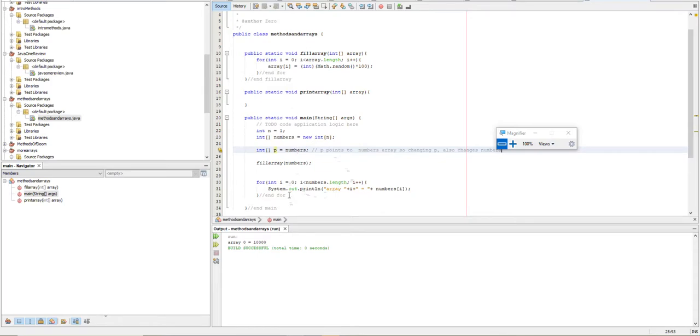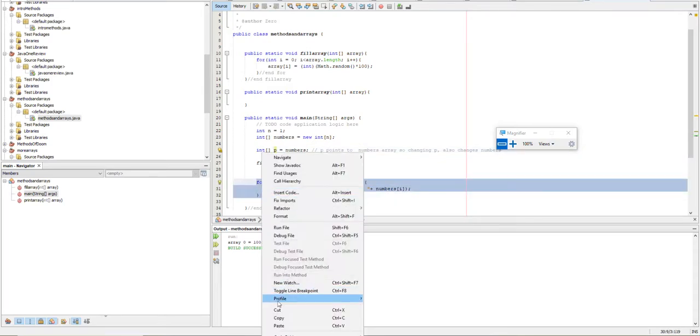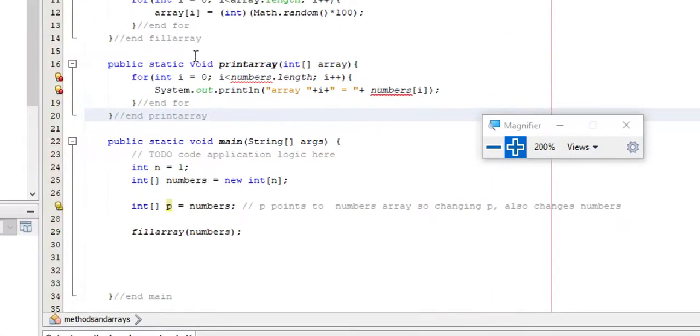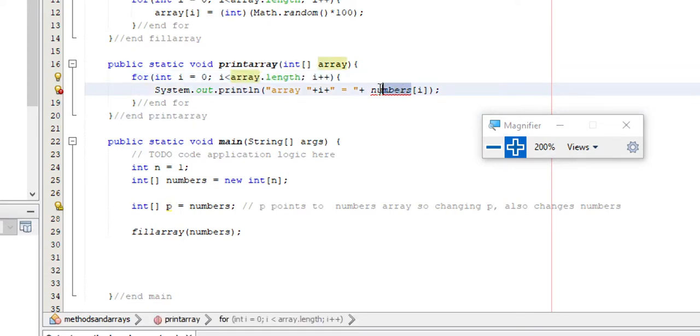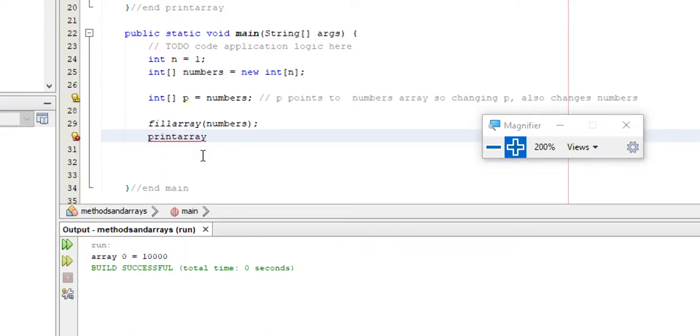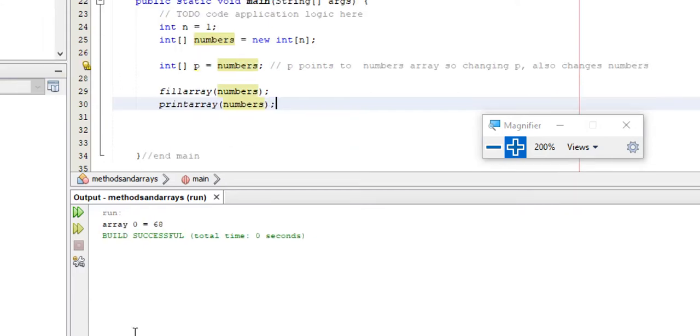All right, well, anyway, print array. I'm just going to cut and paste this. End print array. Let's zoom in. And instead of numbers, I called it array. I mean, you can use the same name. It doesn't really matter. It's just another pointer value that points to it, like I showed you a second ago. So I just say down here, print array. And I give it, of course, numbers. And lo and behold,